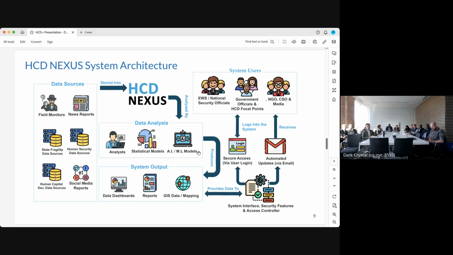Once the analysis is, I don't say complete because it's an ongoing process, but once that process begins, then we move on to the output in terms of how this information can be consumed or digested. So that's in the form of dashboards and reports in different formats, and also geospatial representation of the data and how the end users can also play around with that information. Now, in terms of these end users, as Dr. Clark mentioned, the different government agencies, non-government agencies, field monitors and HCD focal points,